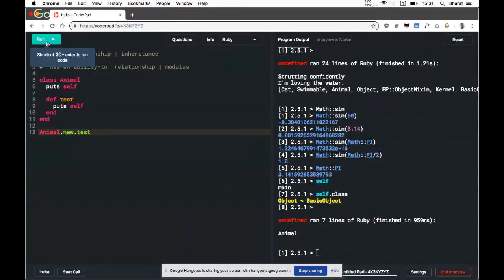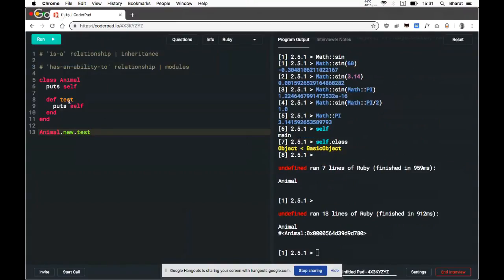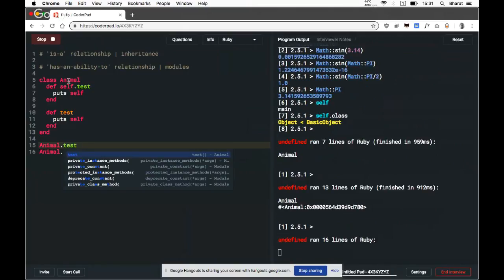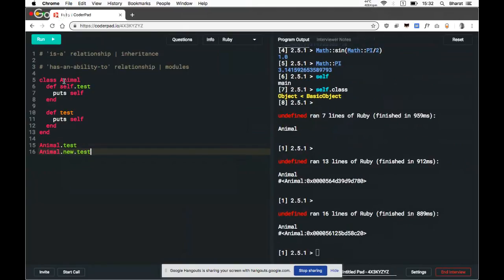If we run this code, we are printing self twice. In the first case, the scope is the class definition, the class itself. In the second case, it is an instance of the class. So we can use this to define class or instance methods. In this case, self is animal, so we can do this.